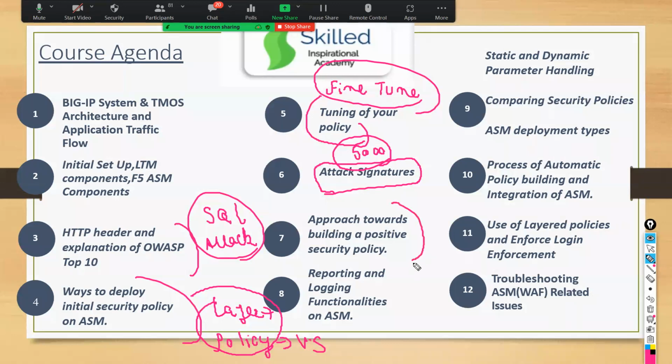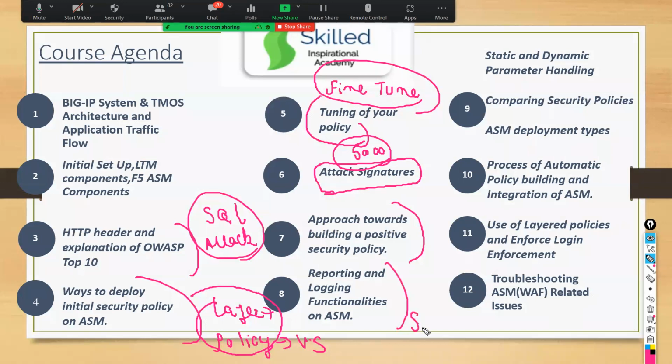Then we will talk about the positive security model and the negative security model, guys. We have two types of models. I will talk about what the positive security model is and what the negative security model is, so that you can understand them in detail.